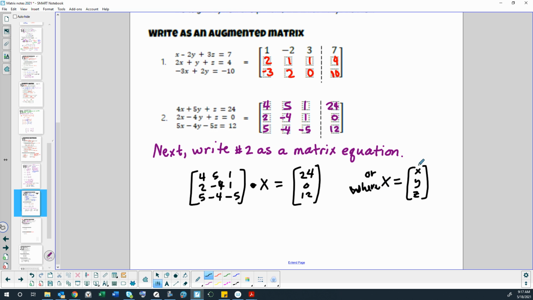So when I said or, that means I could have just written that matrix in there. Or I could just say this x represents the matrix where it's a 3x1 matrix with the variables x, y, and z. And that is another way of representing this system of equations. But this time, instead of an augmented matrix, which is what this is called, we're using a matrix equation. Okay, we're going to come to more details on this in the next video, the next page of